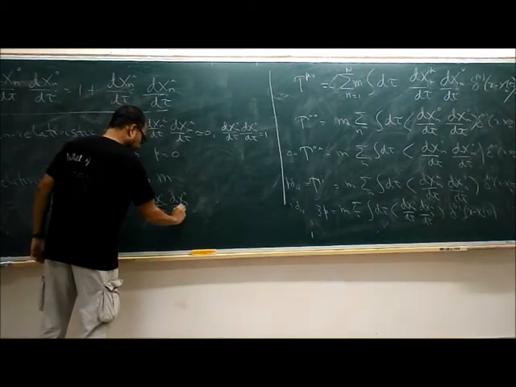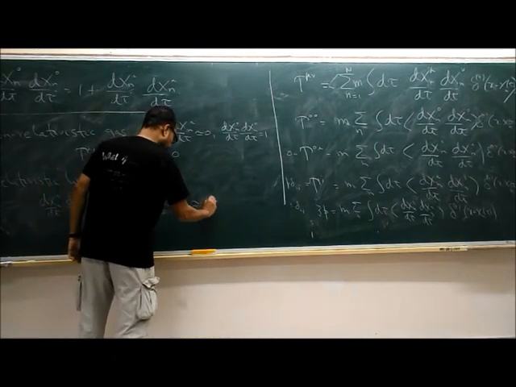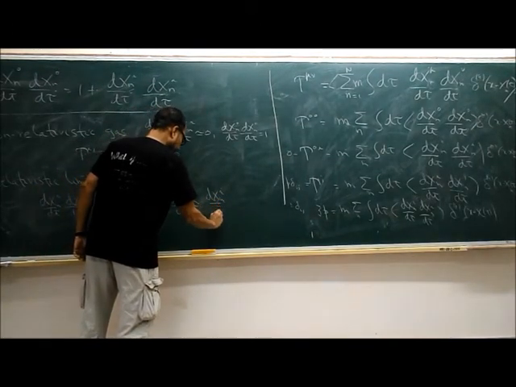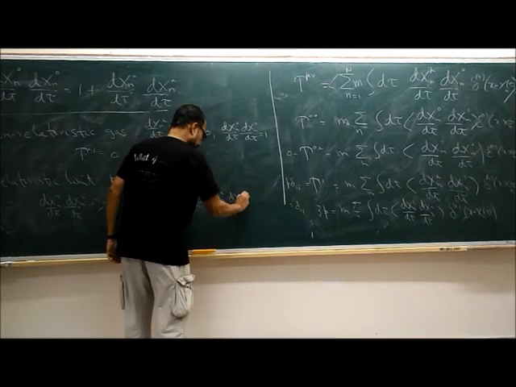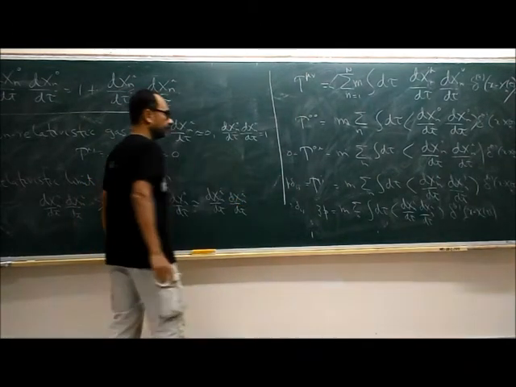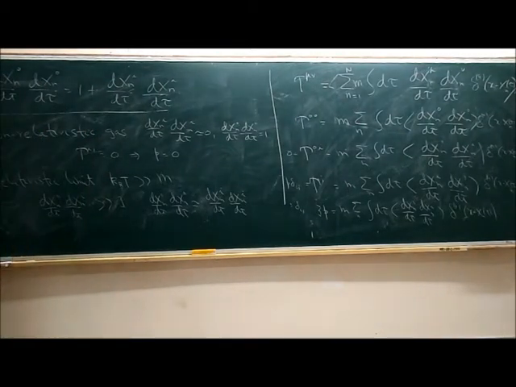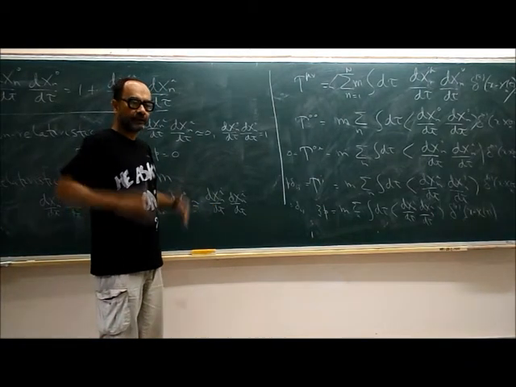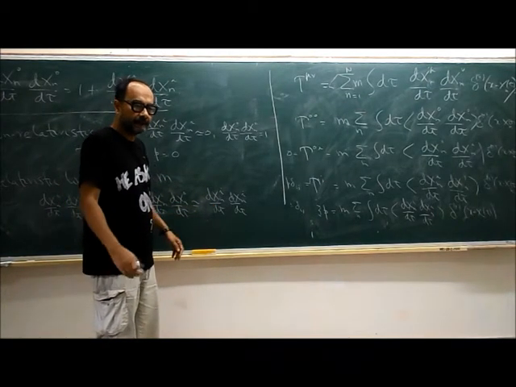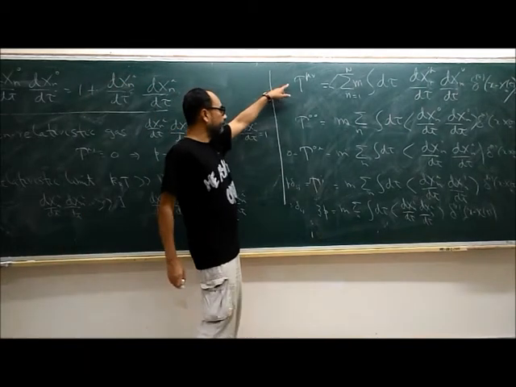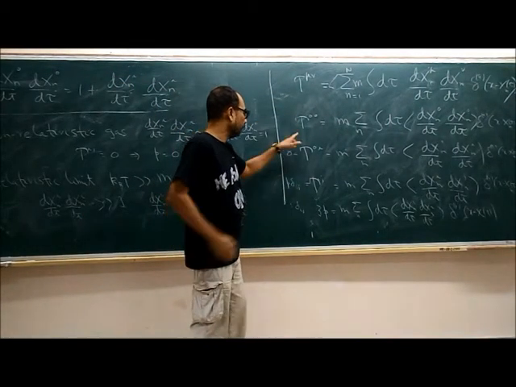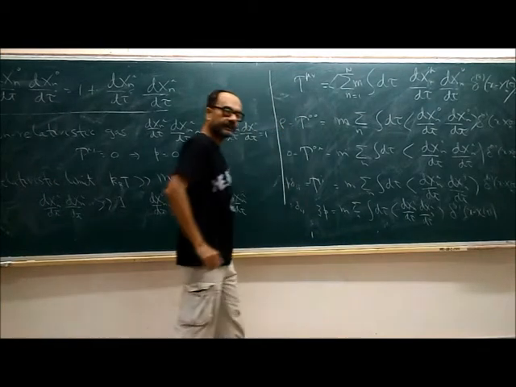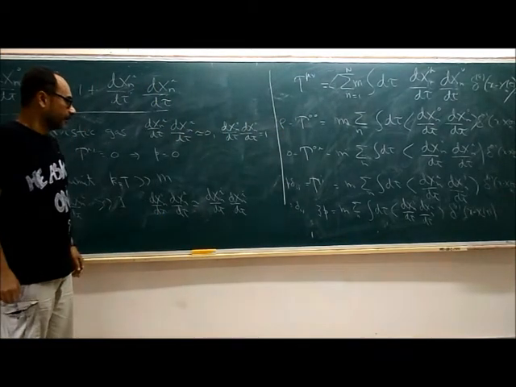So dx naught d tau is almost equal to dxi d tau. So for particles of radiation, this is exactly true. The point is, this is now almost like radiation because you have taken the particles to be relativistic, so they are moving at the speed of light. And you can now see what it implies for the relationship between P naught naught, which is rho, and P. What does it imply for rho and P?